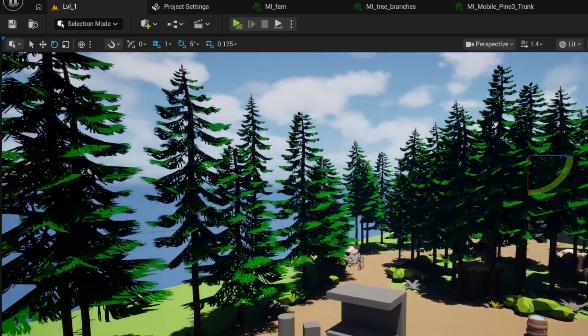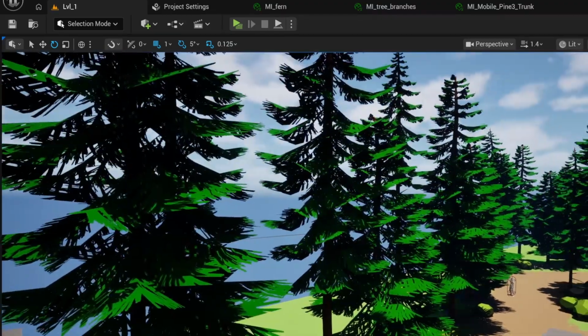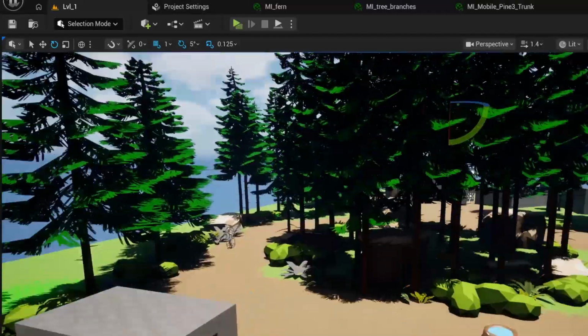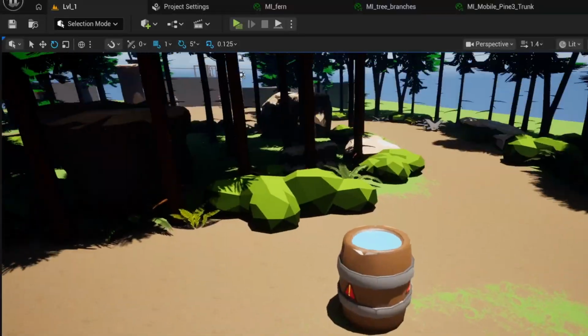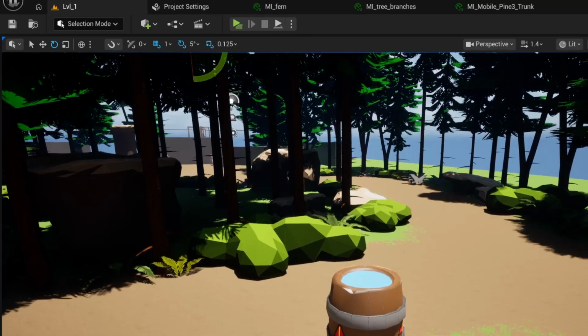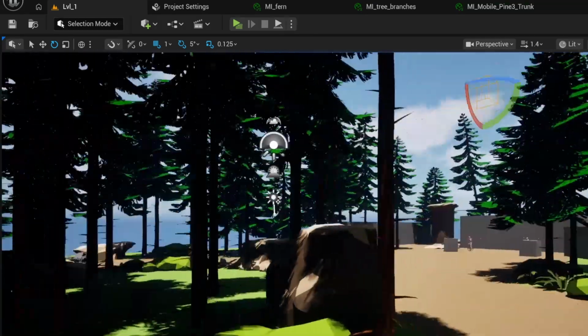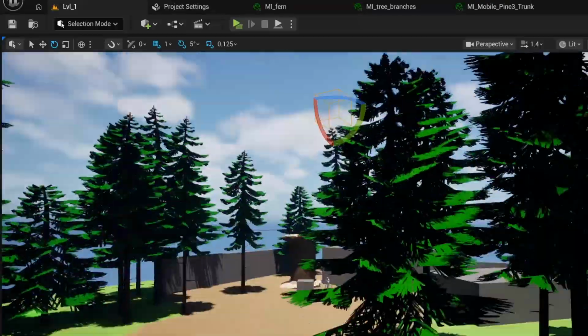Once I got all this done, I put the barrel into the game, put the textures, and then applied the master material over the particular models which I had, and I was pretty happy with the results. I like the direction which the art is taking. The art is shaping up, and it has motivated me to move further in this project, and I'm excited to see the end state of it.